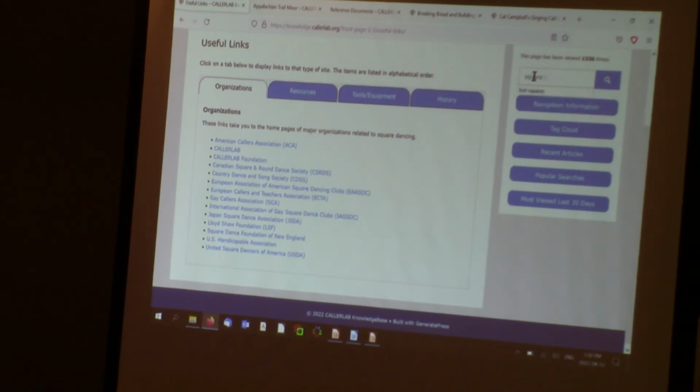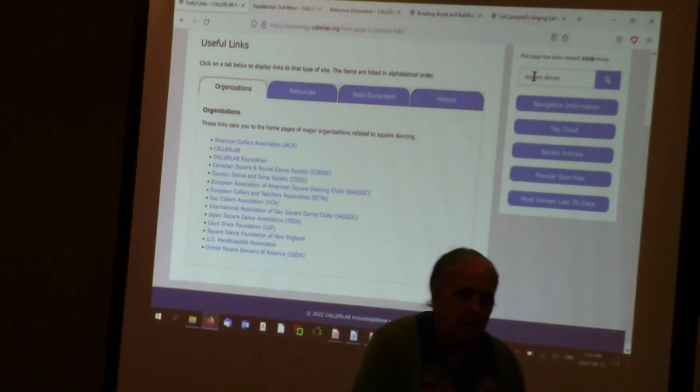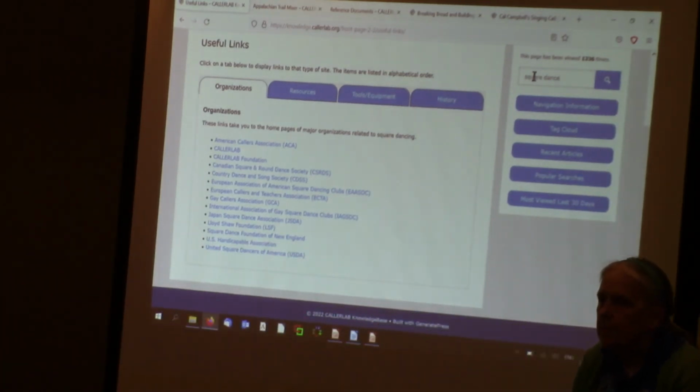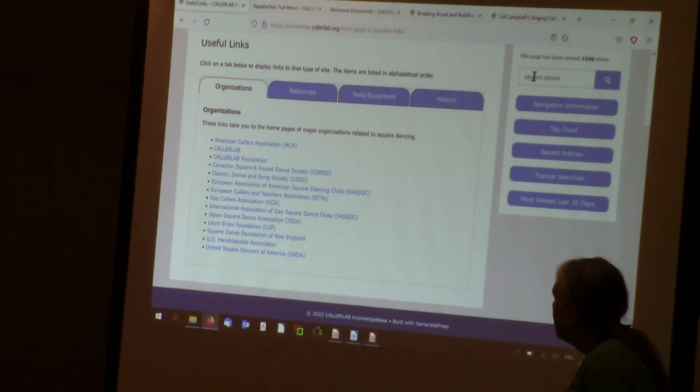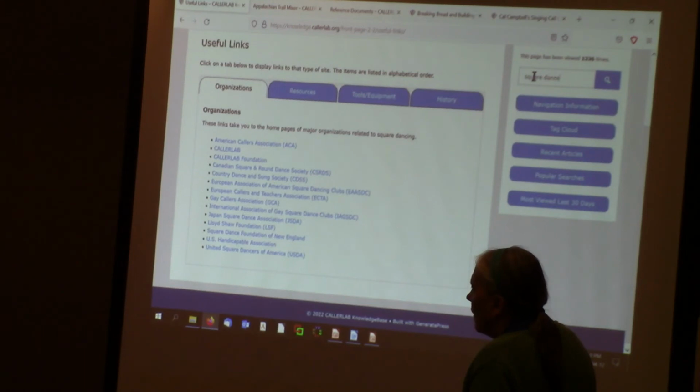While he's searching, this is the USDA article as an example. Right. It points to their website, and it has a narrative about them. Okay, you just clicked on that right there to get that? That's all I did. Okay. So that's kind of how you would appear if you were on there.